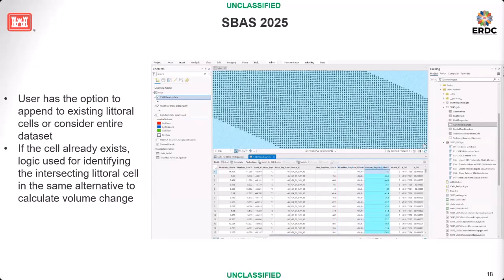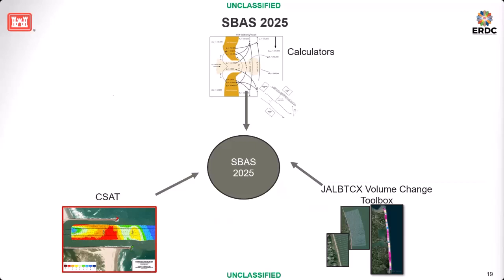One consideration: some districts on the line know that their reaches may be multiple miles long. The first one I'm thinking of is the Atlantic Channel from the Norfolk district. Those are very long reaches, not too close to shore, and we might not want to be pulling from all that reach. So this tool has the option to say, hey, I have my littoral cell here, it's only 100 meters, just give me the volume change in this 100 by 100 meters. I don't need the 100 by 4 or 5 kilometers. So it allows the user to have a little bit of say in what the results shown are. So we've got the CSAT results